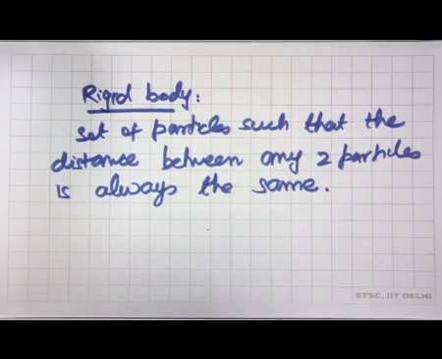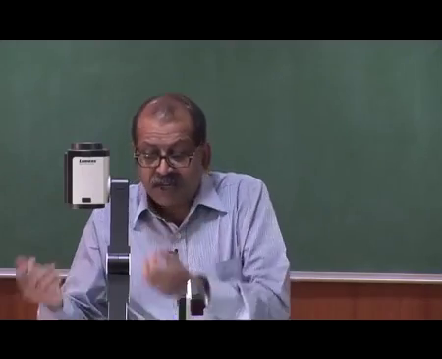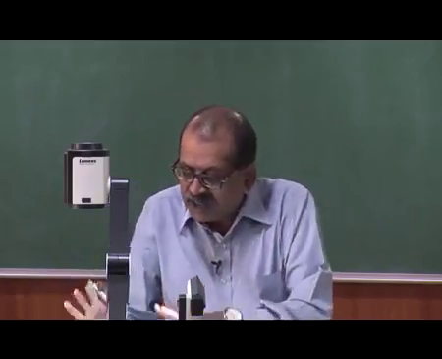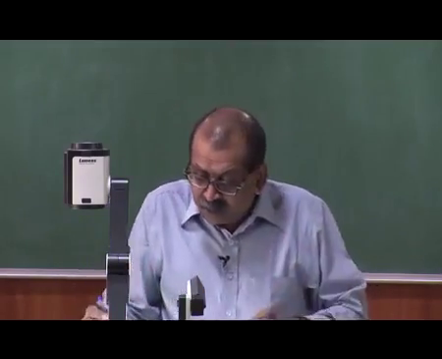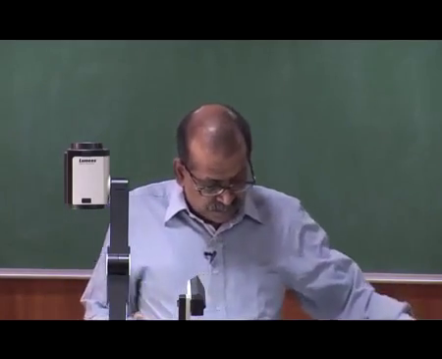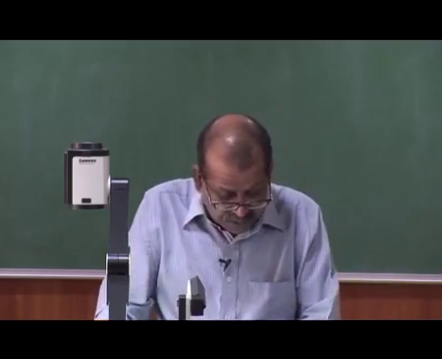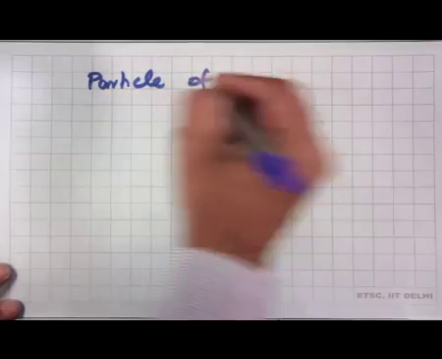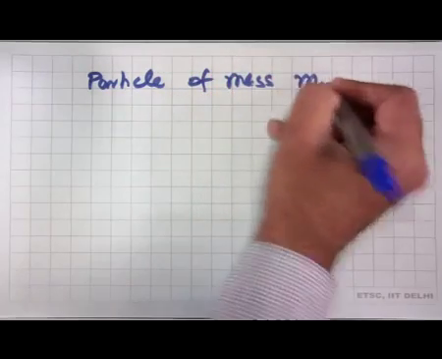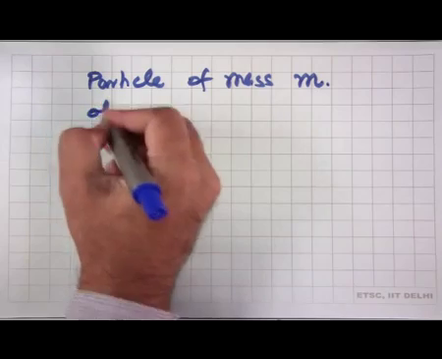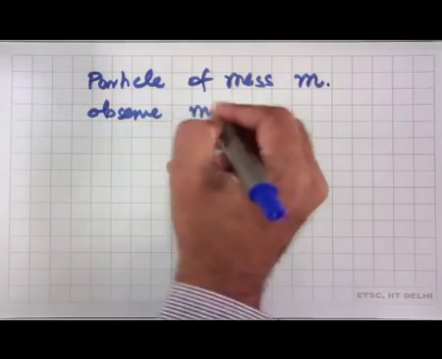Now, this will not mean that all the particles on the body have to move with the same velocity, as we will show, but at least just keep this definition in mind, and currently we will just focus on particles. Now, when we say we have a particle of mass m, the main thing is, when we talk of a particle, the mass of a particle is finite, it is not infinitesimal,